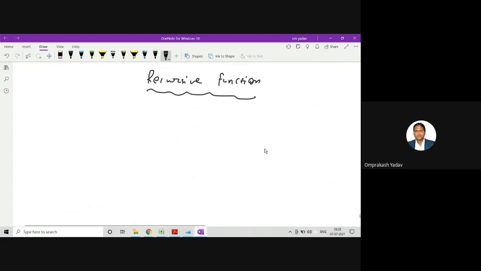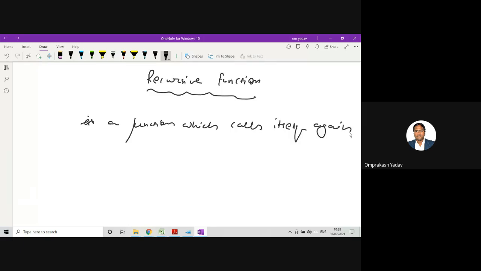So a recursive function is a function which calls itself again and again. Which calls itself again and again.